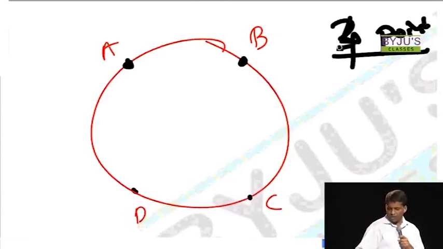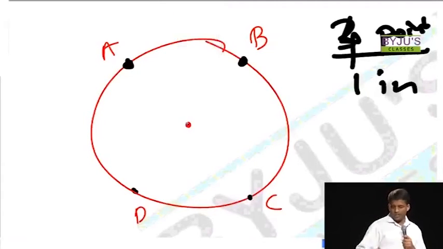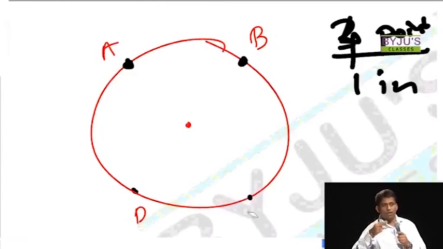Next, think of 3 on the circle, 3 on, 1 in. And that inner point, the one which can be easily defined, is a center. It can be based on any point also, any point, but the properties are the ones which will work anywhere. Then only you can call it a property.